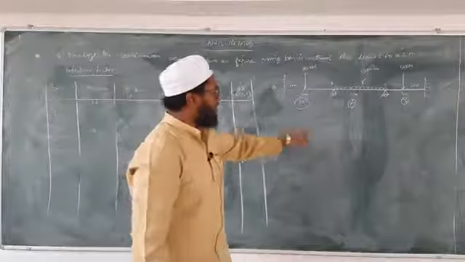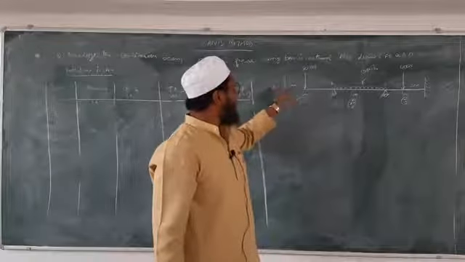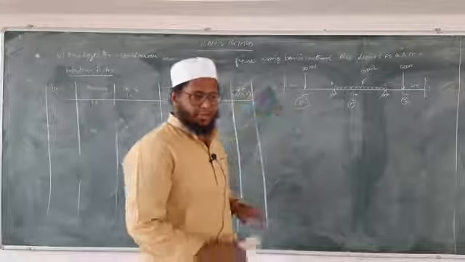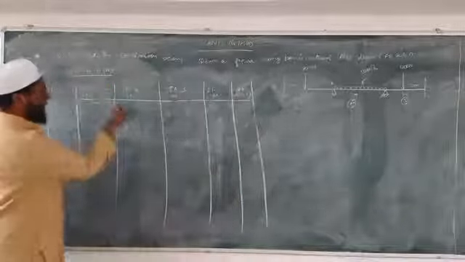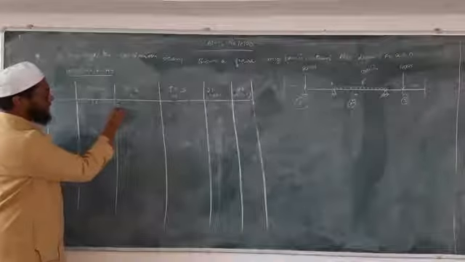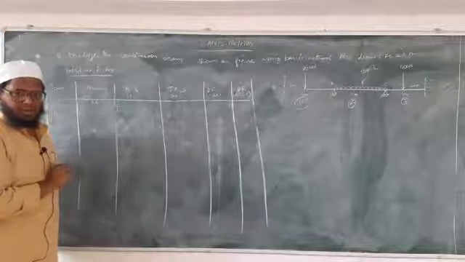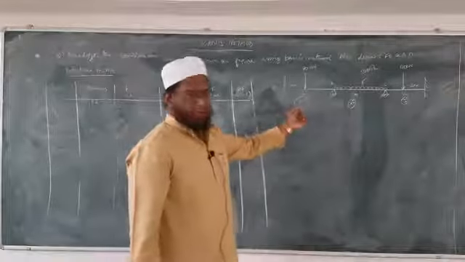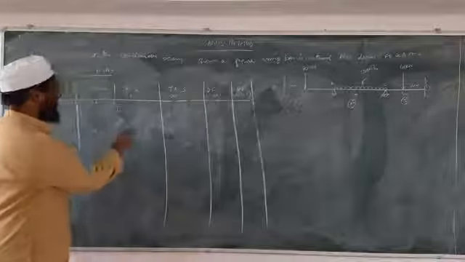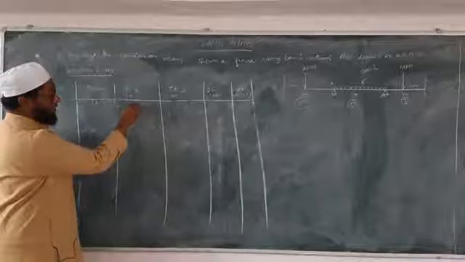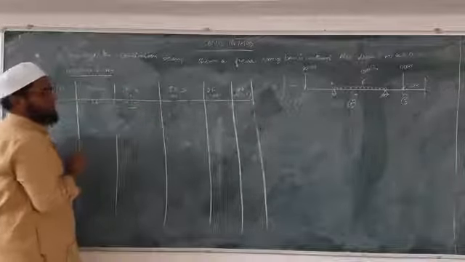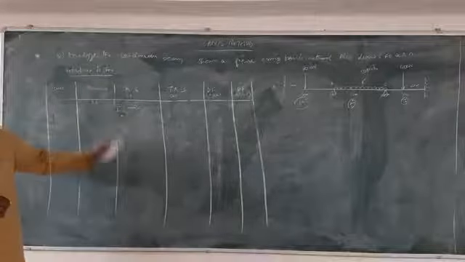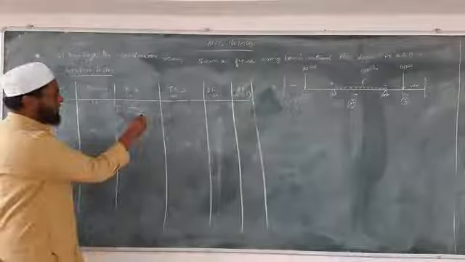Okay, so relative stiffness for BA. See here, from B to A we have a fixed support. So the relative stiffness of that member will be I by L. What is I for member AB? 1.5 I. So it is 1.5 I divided by L, which is 3 for AB or BA, right? So 1.5 divided by 3 is 0.5 I.